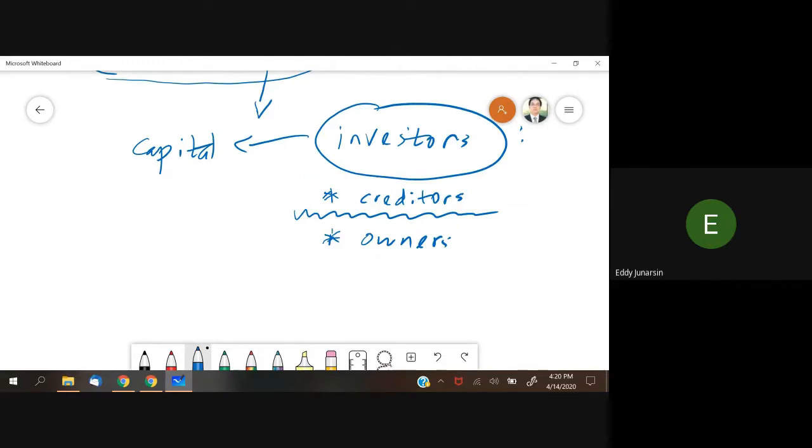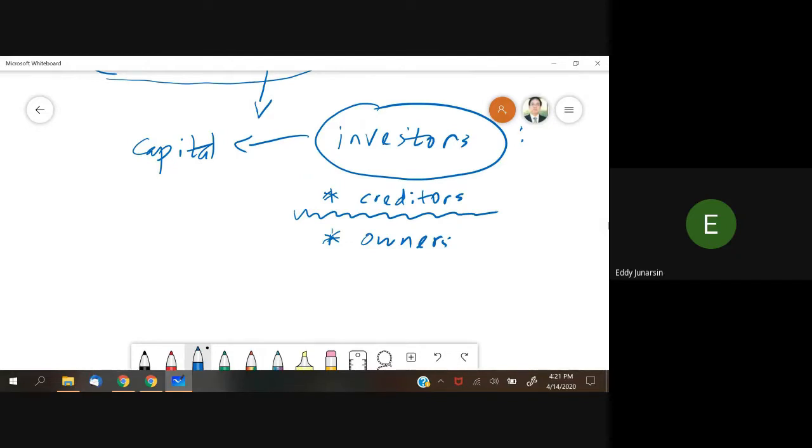Why are they called investors? Another important question, right? Why are they called investors? Because they give capital. You can easily imagine the word investor there, because they invest, they give capital. However, there is one important requirement that really determines that they are investors. And that key determinant is the required return that they are asking, right? So they require a certain rate of return. So they don't give the capital for free. Now you can get the basic idea, right?